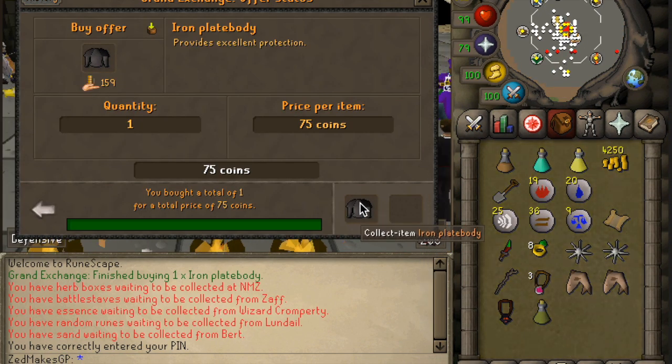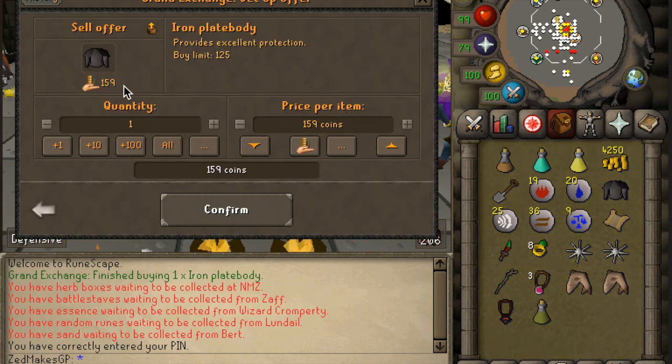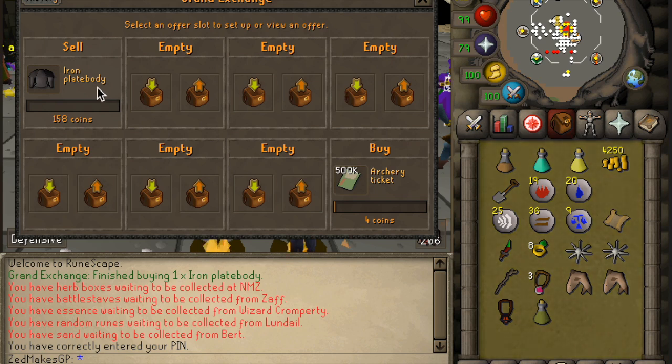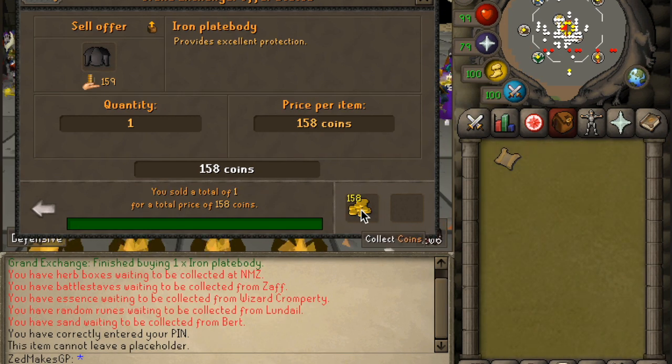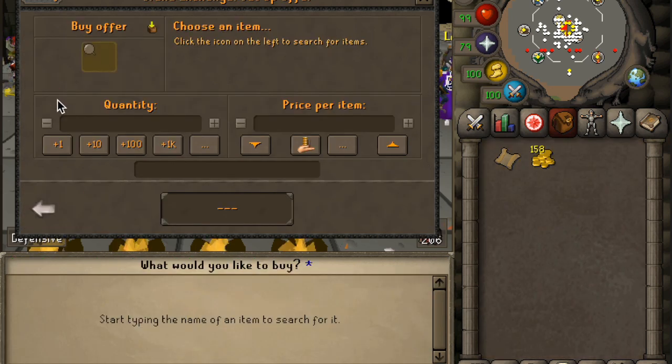Alright, the iron plate body has bought for 75 coins. As you can see, I was in the middle of doing a clue, but I'm going to put it back in. It's also gone up in price. I'll go for 1 GP under, and hopefully it sells. Not yet, but I'm going to leave it in there, and I'm quite confident it will sell eventually, and we'll see you then. Alright, I didn't even have time to finish the clue before the plate